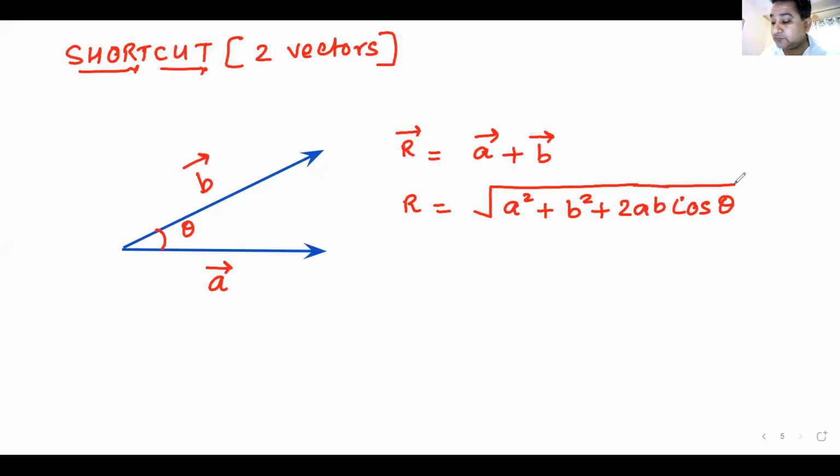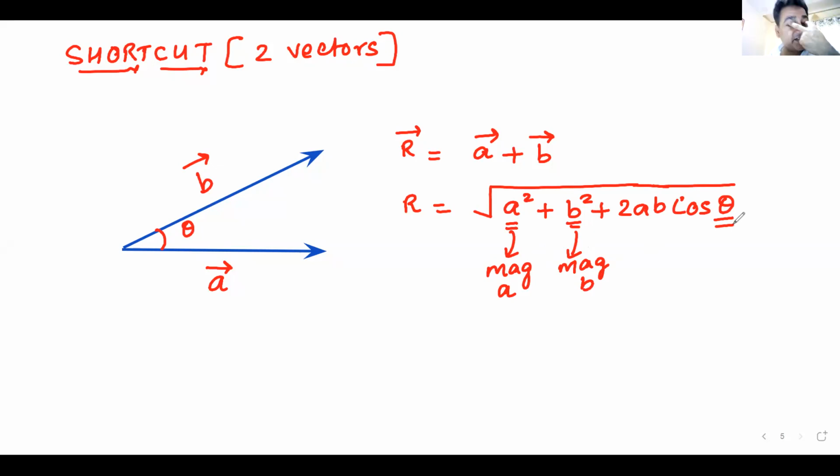Where A square stands for the magnitude of A squared, B square stands for the magnitude of B squared, and